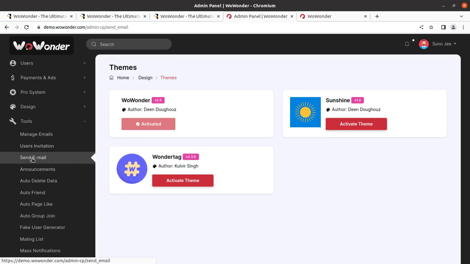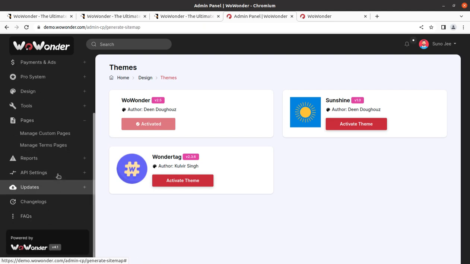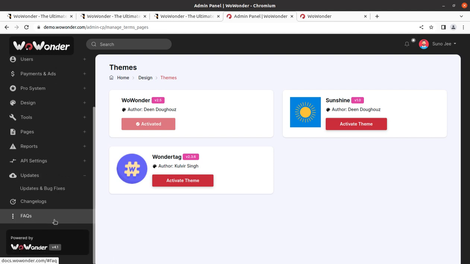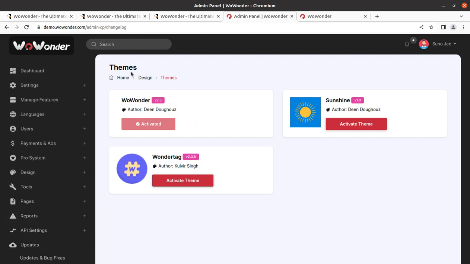User invitations, send email. Somehow it is not working, but yes, these functions are available, and blacklist, general, sitemap, and all. Pages is another setting, so manage custom pages, manage terms page, support API settings, updates, change logs. So these are all things that are available